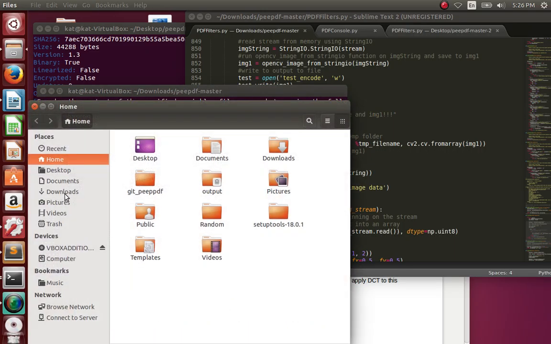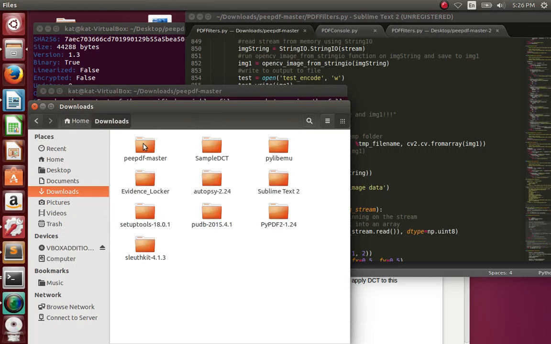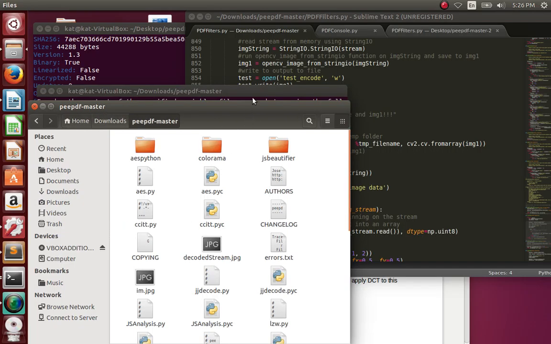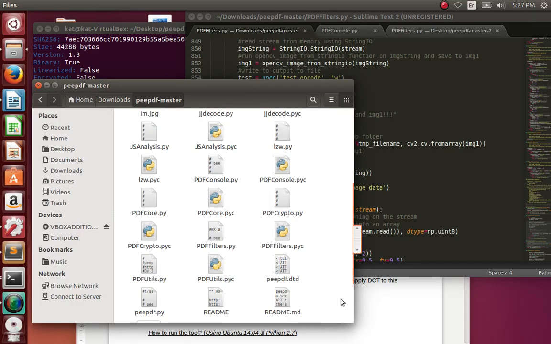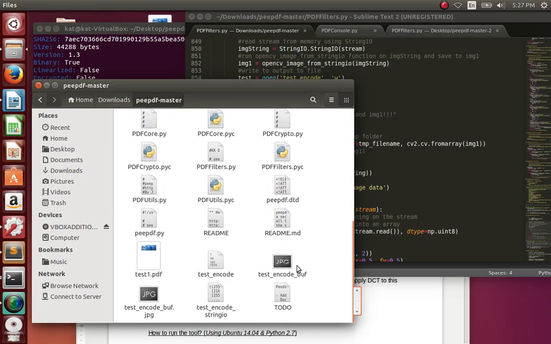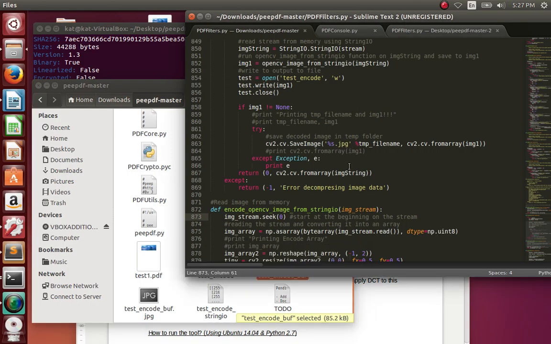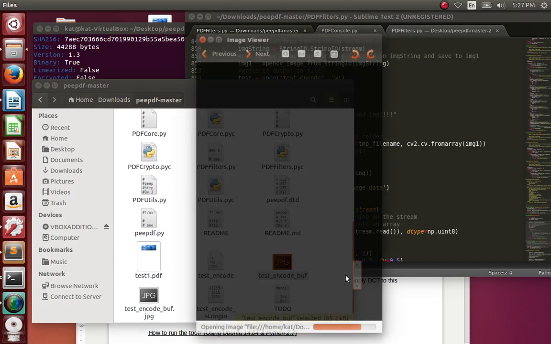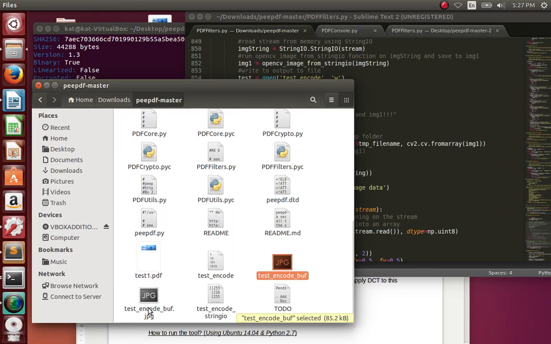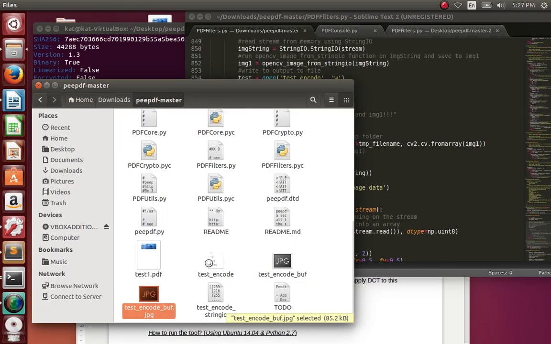In my downloads folder, if you go into the PDF master folder and scroll all the way down, here is the encoded file. When I was doing some tests on this, I tried to write it as a JPEG and then write it without a JPEG to see if it would add a file in it. Unfortunately, it just didn't open. I'm suspecting it's probably a size constraint, but it can definitely be a future enhancement to this tool. So that doesn't open, but